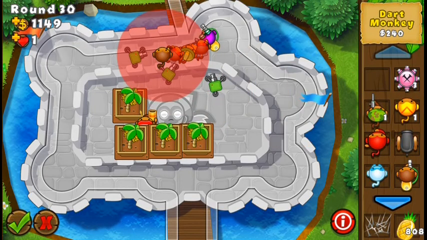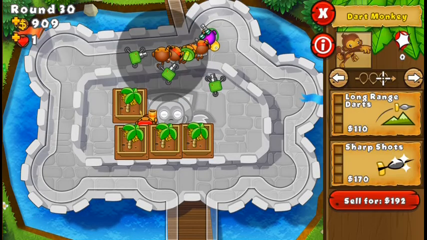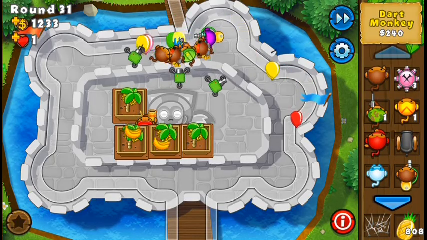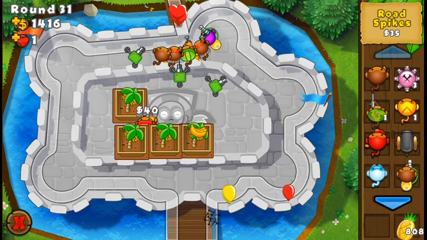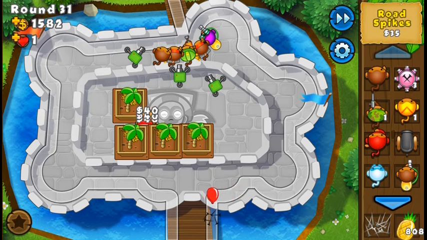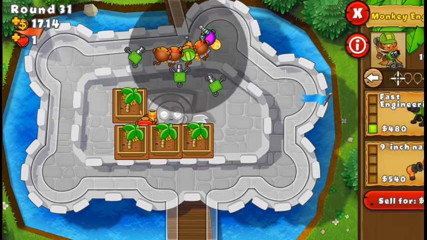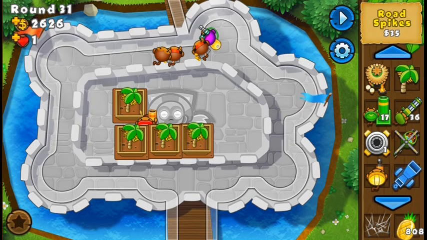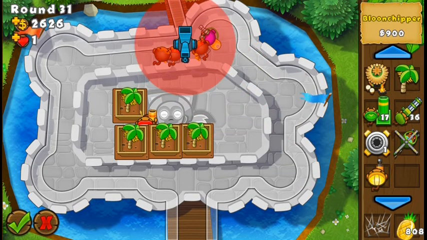All right, now just placing one more Dark Monkey 0-0 for now in the left side. It's strong. And here, unfortunately, a yellow and a red passing. Just those two though. And now for round 32 is where you have